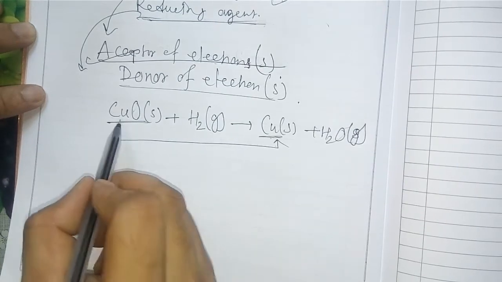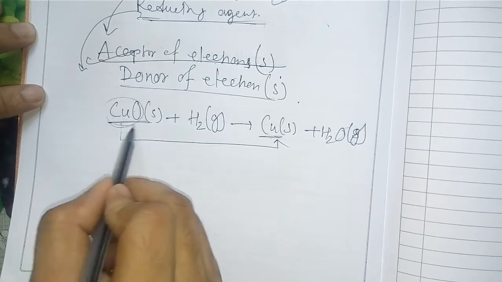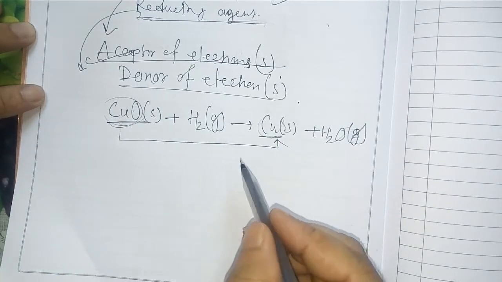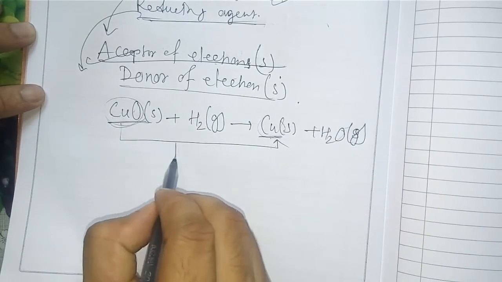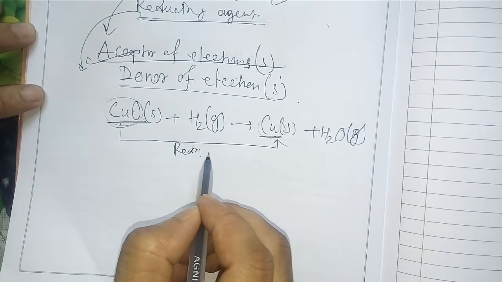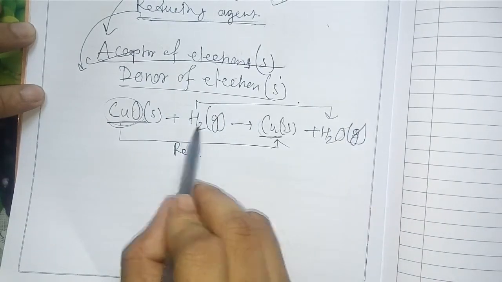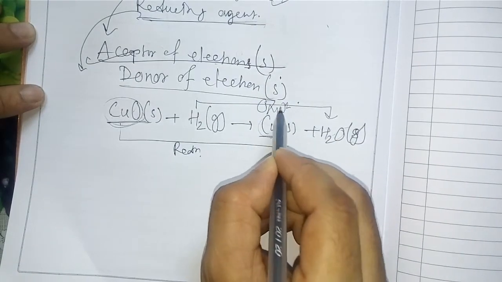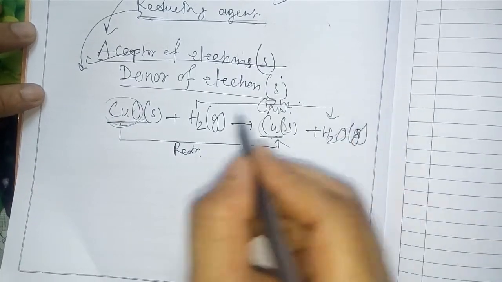Reduction. Why is this reduction? See, CuO has oxygen, copper oxide is there, but here it is copper. So this is reduction. Removal of oxygen is called reduction, according to the old concept. Here hydrogen goes to water, so adding of oxygen is called oxidation. Or according to the electronic concept,